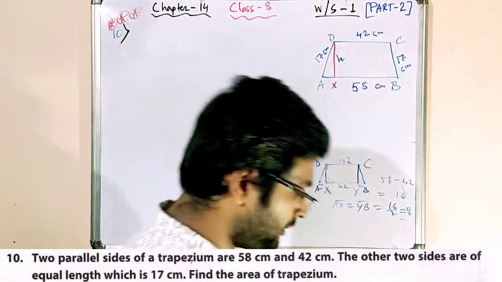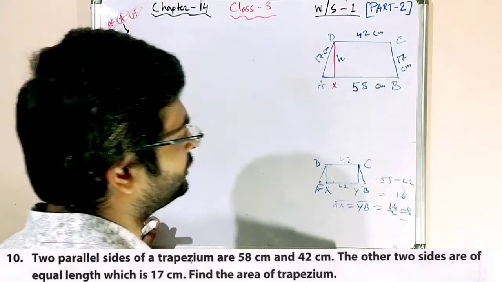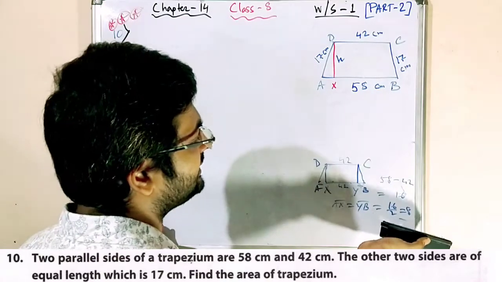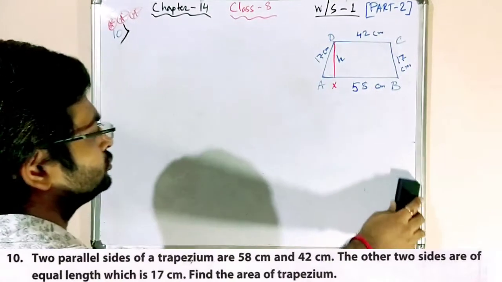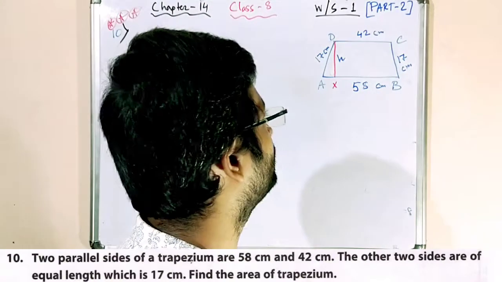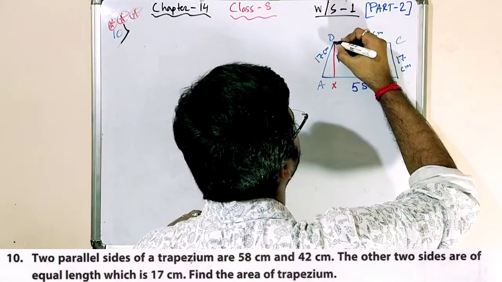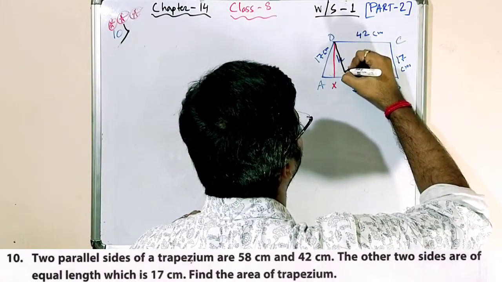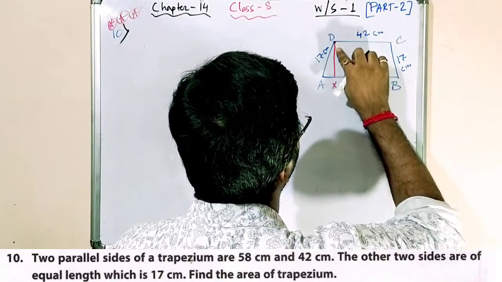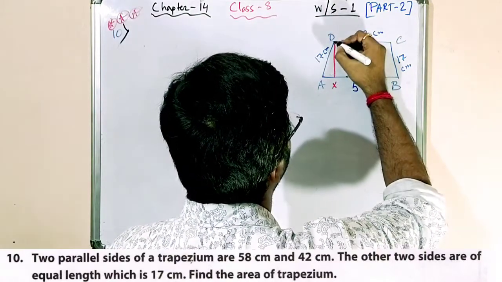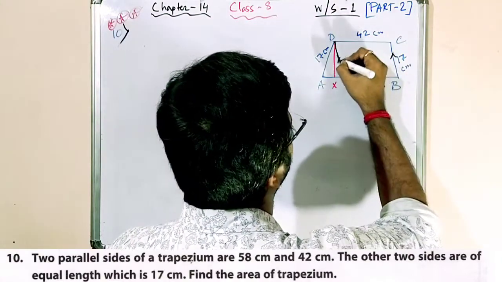Or another way you can do it, that I am going to do. Some of the students said this method is easy, some of the students say that another method is easy. In the video I cannot do both methods, so I am going to follow the common method that all of them are doing: draw another line which is parallel to BC. From the point D I have to draw a line which is parallel to BC.